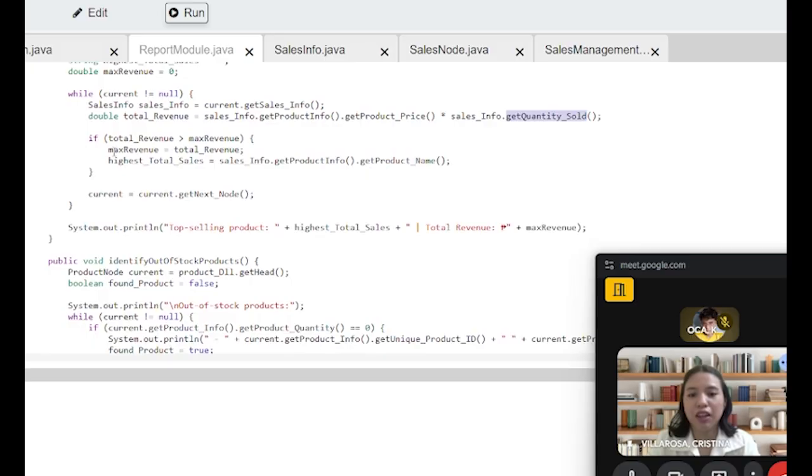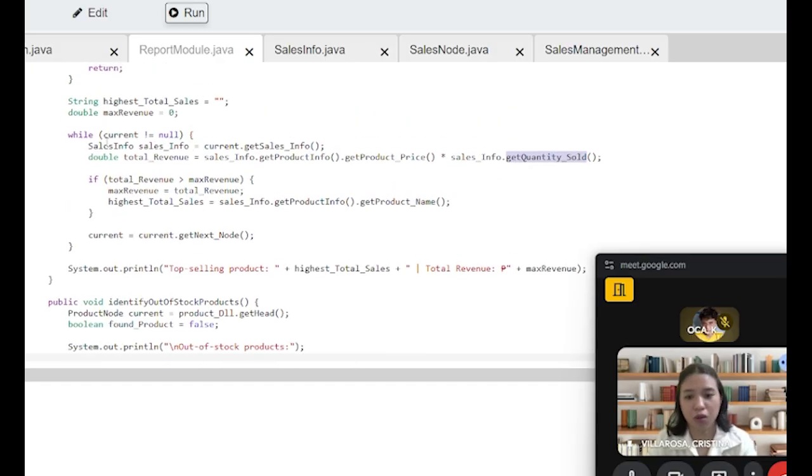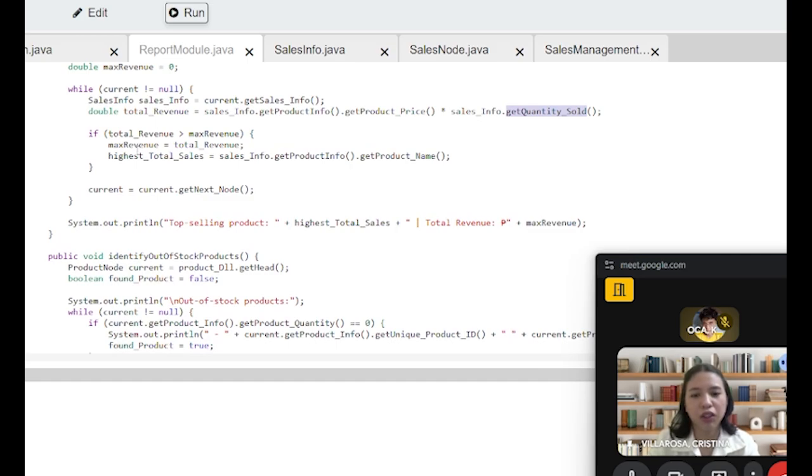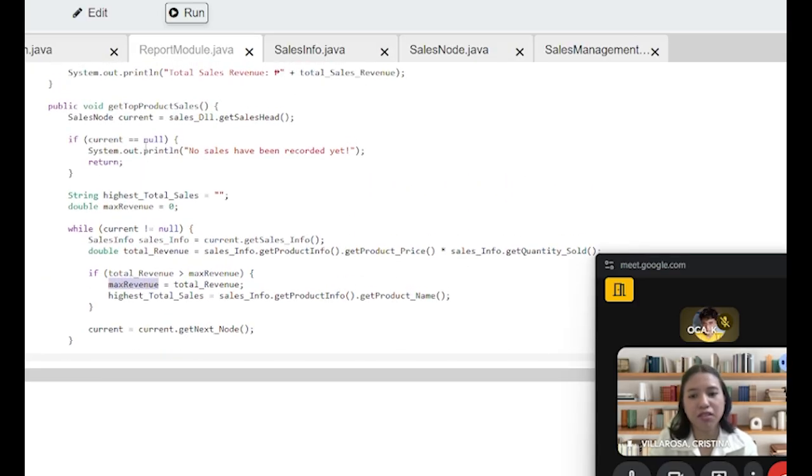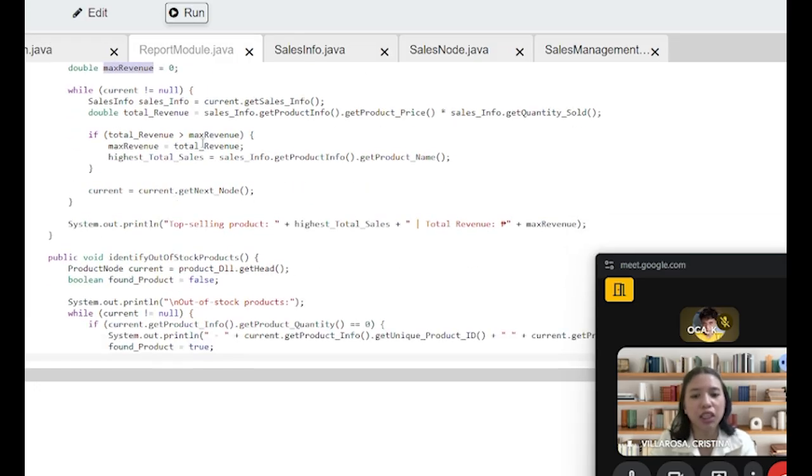Then if the total revenue is greater than max revenue, which is zero, it will change the max revenue to the total revenue. So the zero from the past revenue, the max revenue, is equal to zero, it will change into the current value we got. Then we will print the highest total sales equal to info.productName.